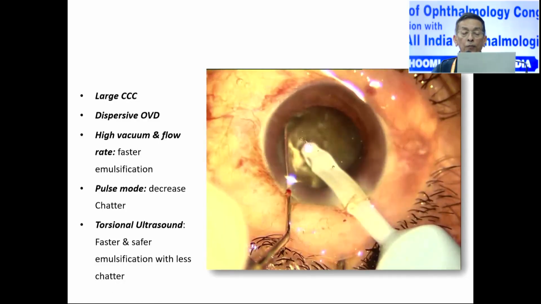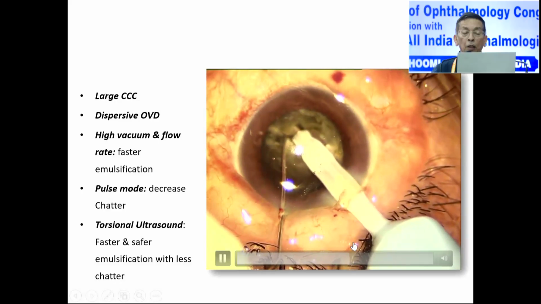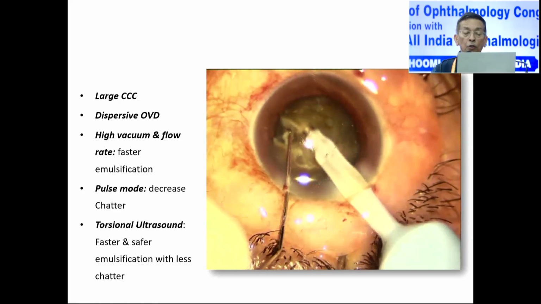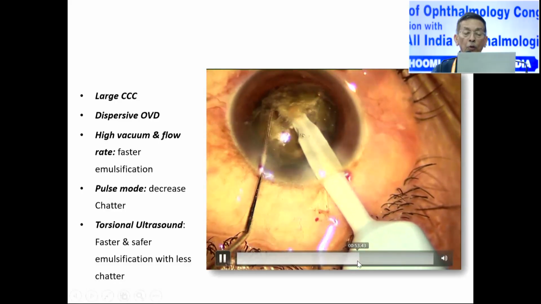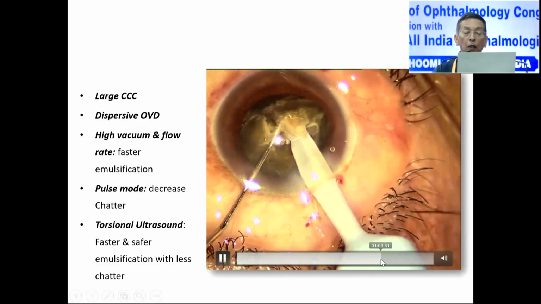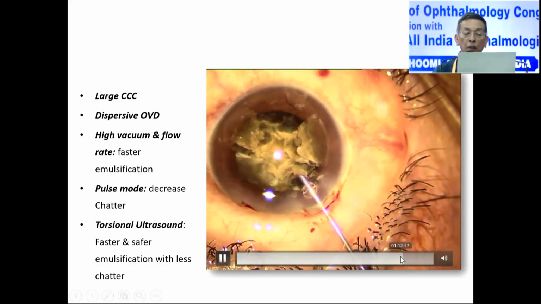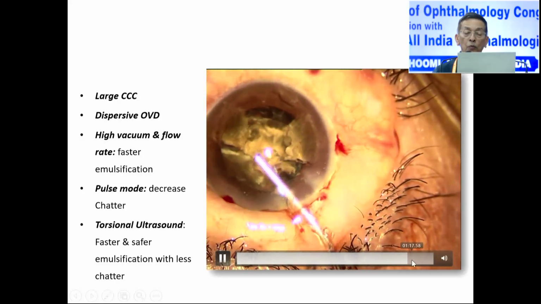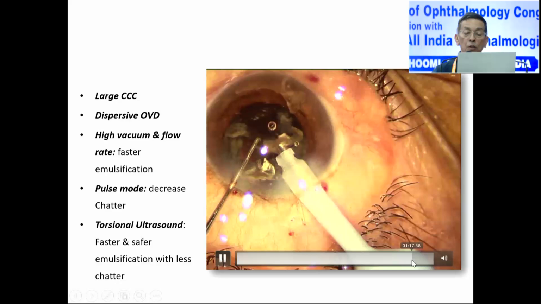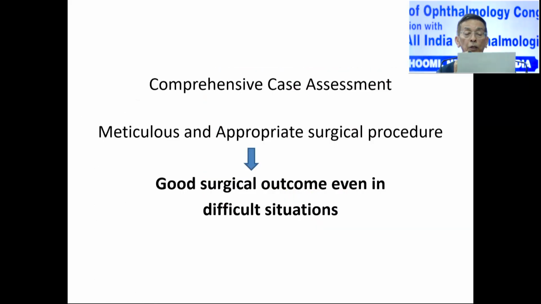Increase the power, repeated use of good viscoelastic, and chopping, taking care that you do not give more stress on the zonules, and repeated use of viscoelastic. You can see that it is a hard brown cataract. With repeated use you can release it, and so in short,